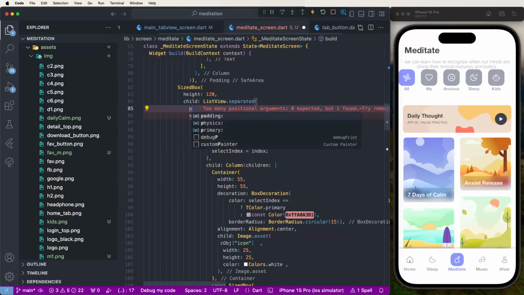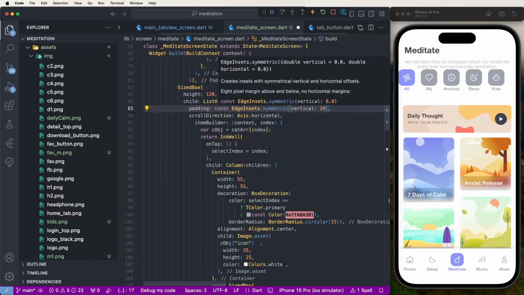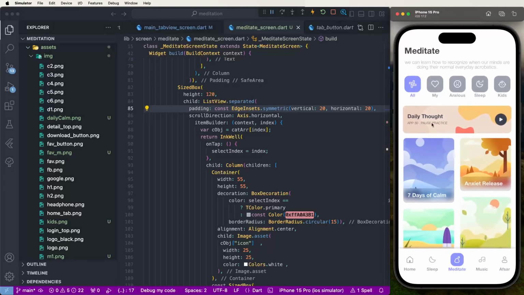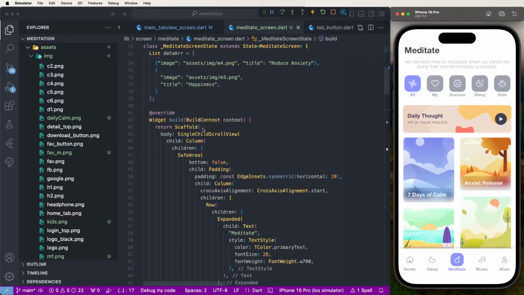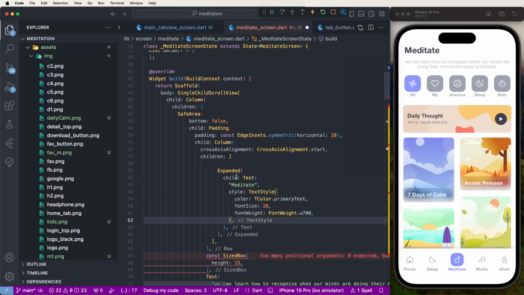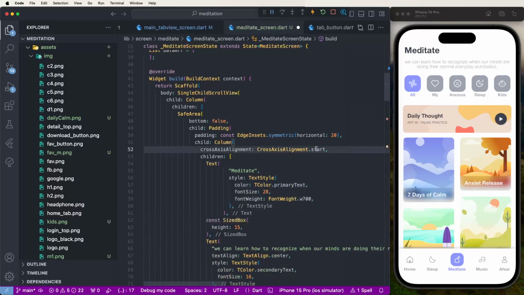Now need to set here the padding const edge insets symmetric, vertical need to set here the 20 and horizontal need to set as a 20 like this, your UI are showing this here, and also need to change this here the directions. Remove this here the row, no needs and to remove it. Also remove this here the expanded, and now need to set here the center